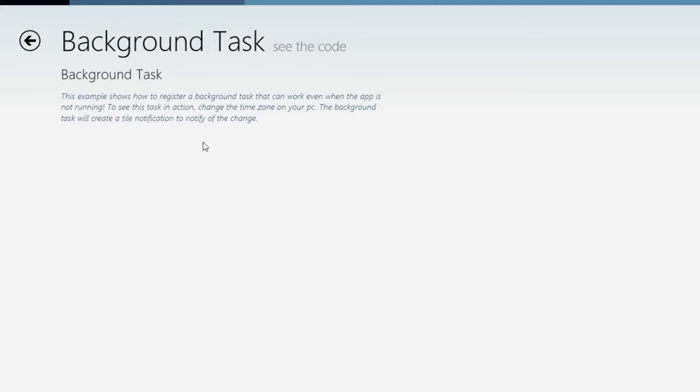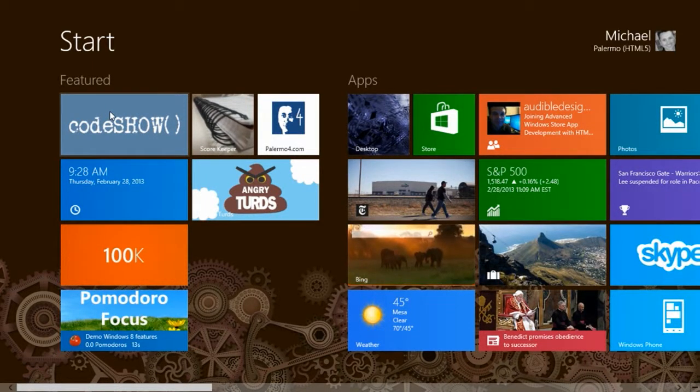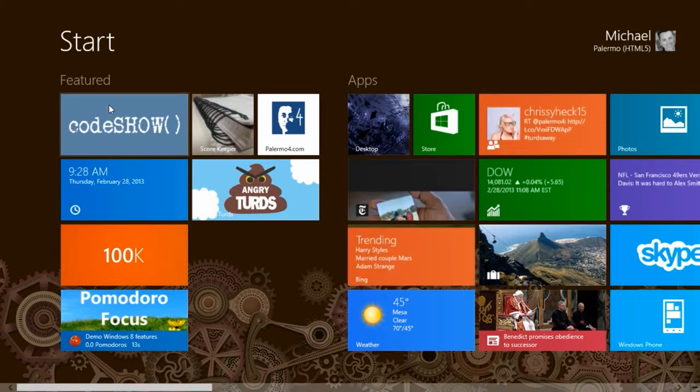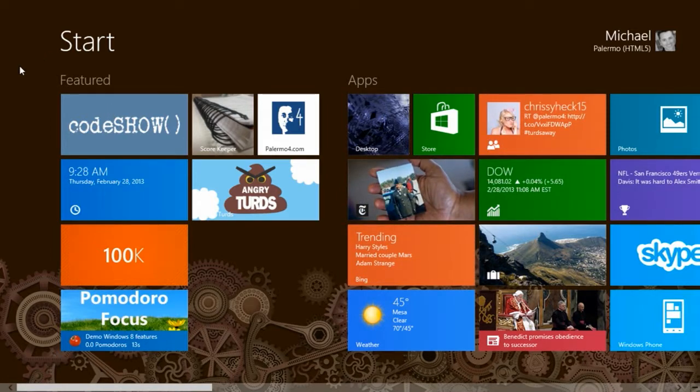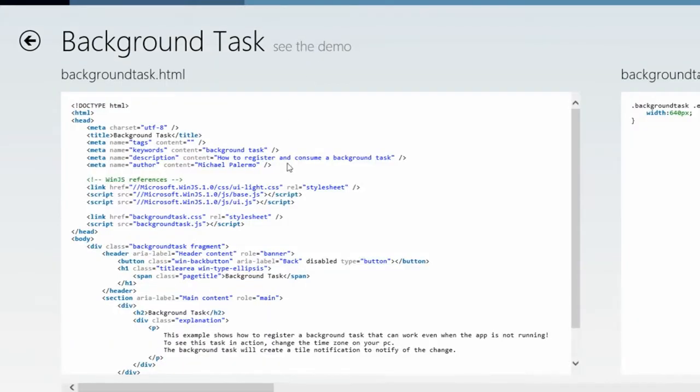So you'll notice now, if I go back to the start screen, CodeShow is just showing with its normal tile. But by merit of going into the application itself, so I'll tab back over there, the code for this actually